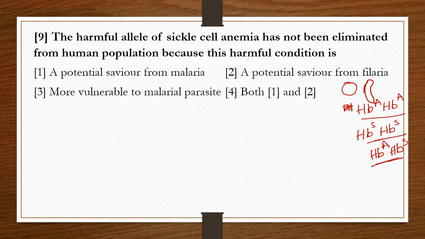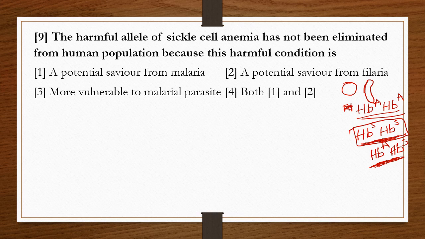Heterozygous condition is normal. Homozygous condition has normal genes. Only in the homozygous condition will it show. That's why it is a recessive character. Autosomal recessive it is. Hemophilia. That means sickle cell anemia is autosomal recessive. So in the heterozygous condition it is present in humans. The question is based on this only.